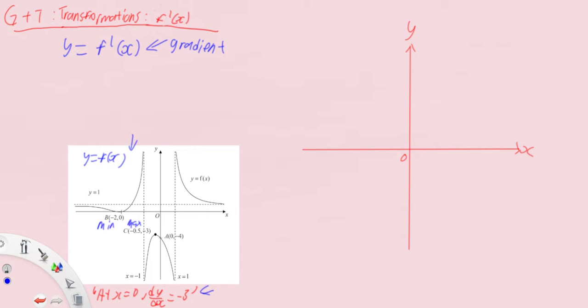So what I do is, first you have the minimum point at (minus 2, 0), which means that the gradient at this particular minimum point, as we know, is 0 at x equals minus 2. So let's name it down here. Immediately have the minimum point, so (minus 2, 0). Of course, you cannot choose not to label the point so early because you may not know the graph, but